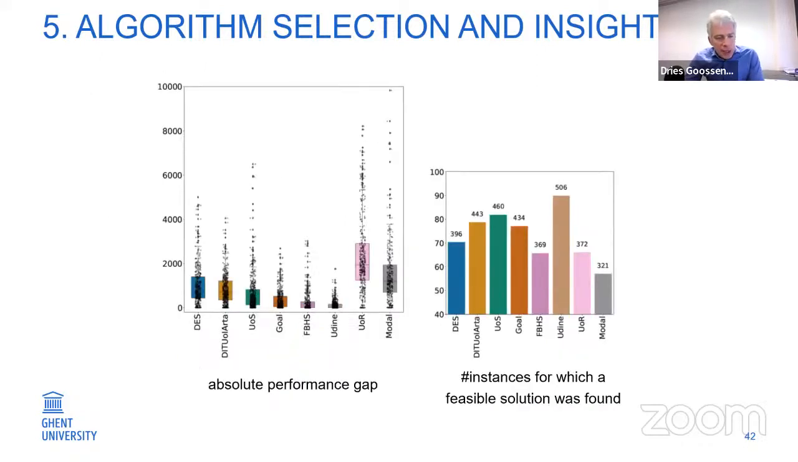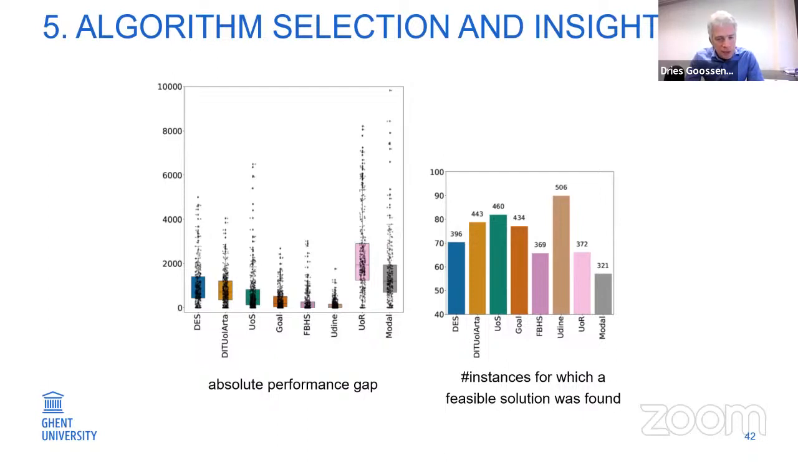Okay, looking at how they perform, we can see at the left the absolute performance gap, so the difference between the result that these algorithms got and the best value that we found for that instance. And if you look at that, you can see that actually Udine, who is second in the timetable competition, manages to find good solutions for almost all instances. And to some extent, also the FBHS, the first break heuristically schedule approach, gets quite good results,